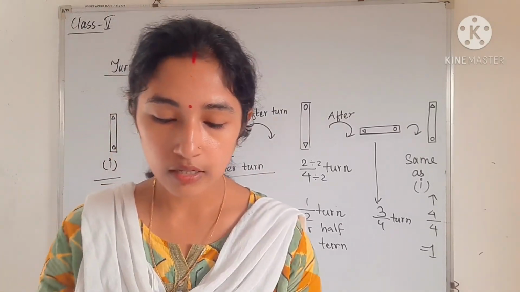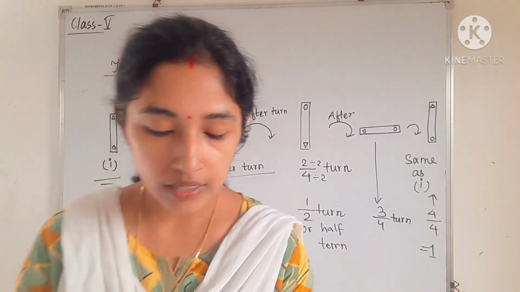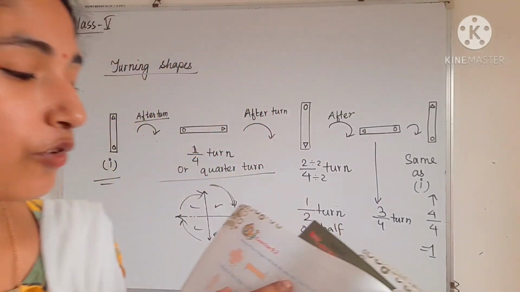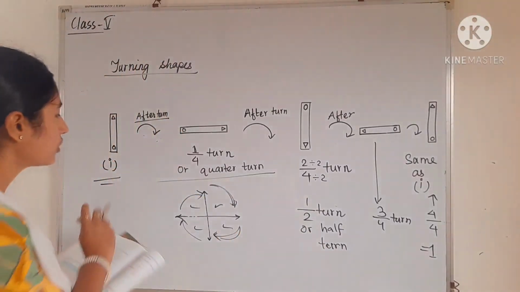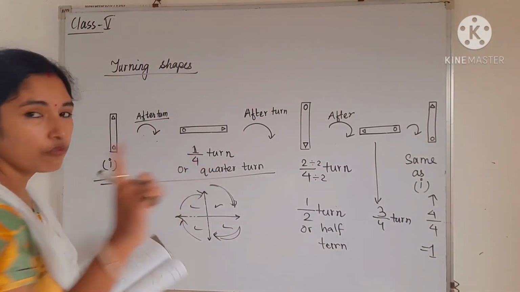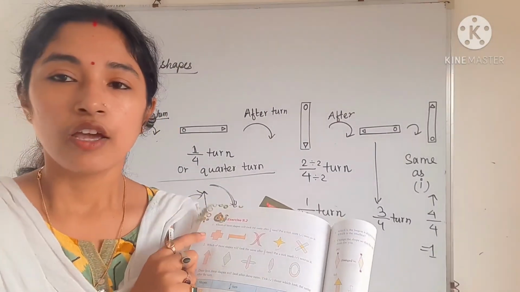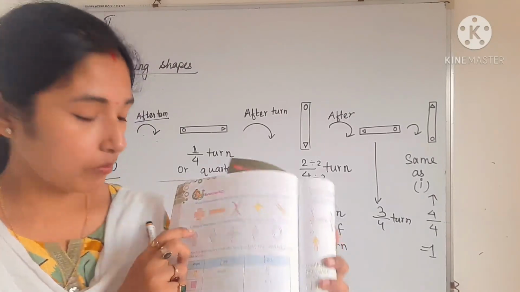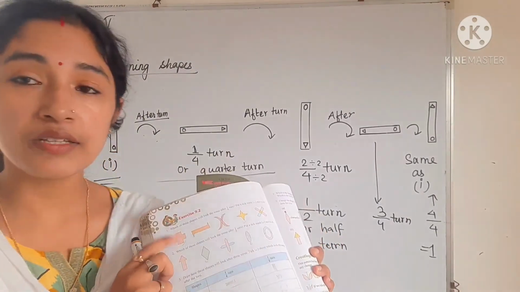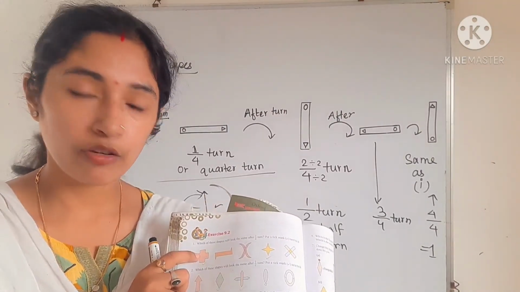So students, the exercise question, that is exercise 9.2, it is written here, which of these shapes will look the same after 1/4 turn. So what was 1/4 turn? That means we have to turn only 1 time. Okay. So you can see this is a shape of plus sign. If you turn the plus symbol, that means 1/4 turn, that will remain same. Okay. So this figure will remain same after 1/4 turn.